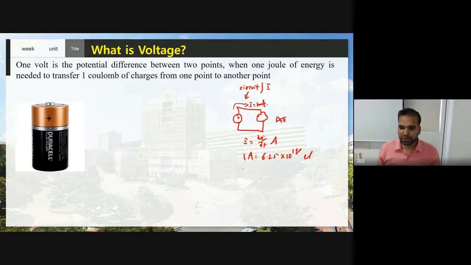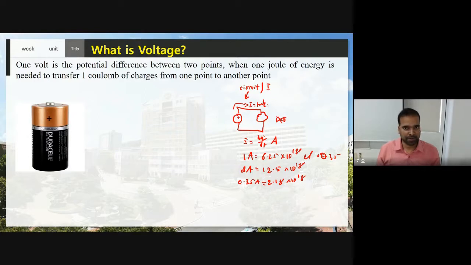Suppose I want to know how many electrons are flowing in 2 amperes. Simply multiply the base value by 2. Therefore, I will get 12.5 into 10 power 18 electrons. Suppose I want to know for 0.35 ampere how many electrons are flowing. Of course, for this one you need to multiply with 0.35. Therefore, you will get 2.18 into 10 power 18 electrons. So here, current is nothing but what?